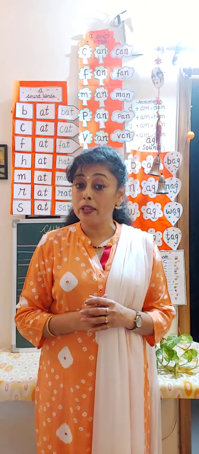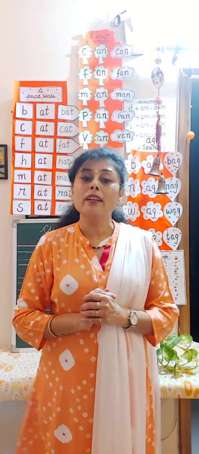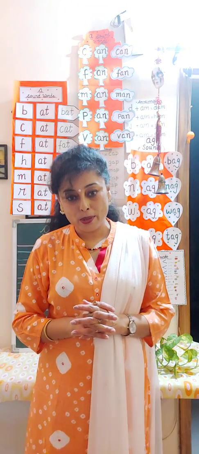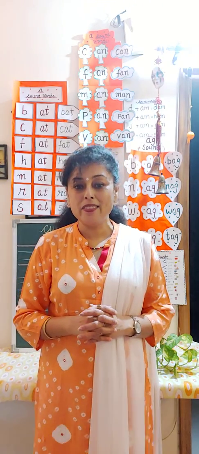So what pictures come in your mind when you are thinking about C? Yes, the first picture which comes in our mind is cat. C for cat. Then another picture, C for cap. C for cake. You all love yummy cake. C for cake. So there are many pictures which you can draw with letter C. But now first you learn how to write cursive C.